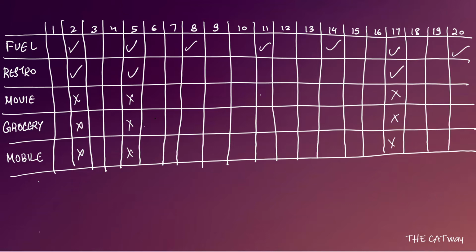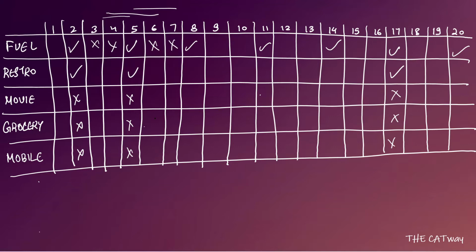See, 2 and 5 we were clear about. Let's talk about how it came to 8. If you talk about 3, 4, 5, it came to 5. If you talk about 4, 5, 6, it came to 5. If you talk about 5, 6, 7, because of 4, 5, 6 it has come on 5, it cannot come on 6. And from 5, 6, 7, it cannot come on 6, it has come on 5, so it cannot come on 7.